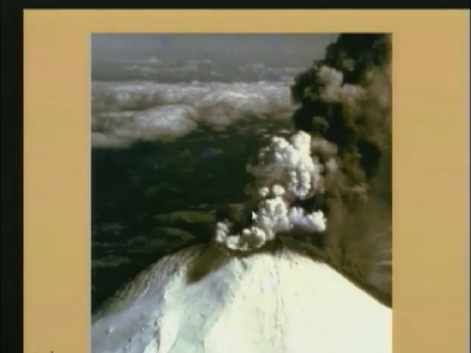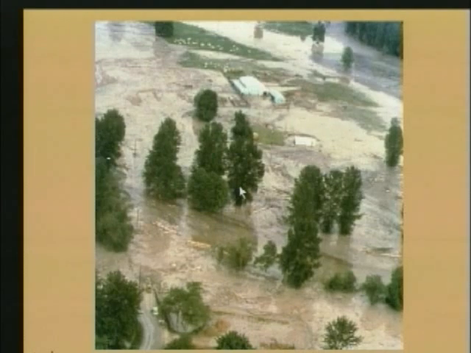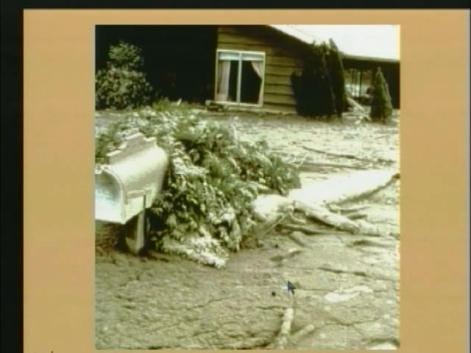And then this first eruption caused the ice to melt, and it rushed down the south side of the mountain. And there you can see it going down the south side. Eventually it turned into a major flood on the populated south side of the mountain. It started tearing out trees, as you can see, ripped them out. And this was a water catastrophe par excellence, on everything on the south side of the mountain.